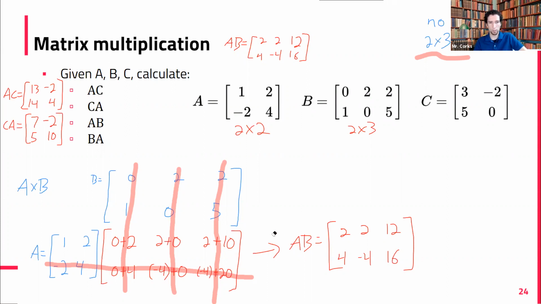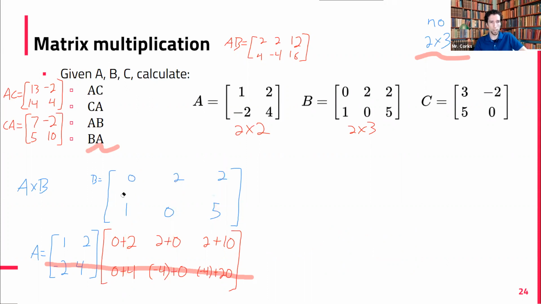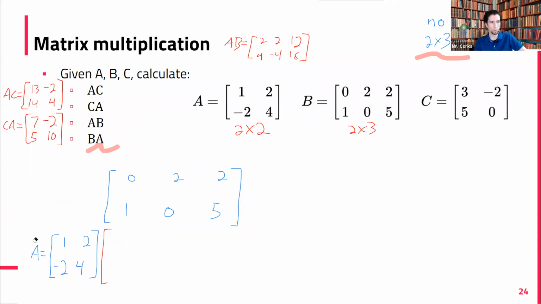So we are going to do this one more time. And for our last one here, B times A. So again, if this is your first time seeing matrix multiplication, please give me a guess. What do you think will happen? Now that we've seen that A times B works, what do you think will happen if we do B times A? No, it doesn't work.